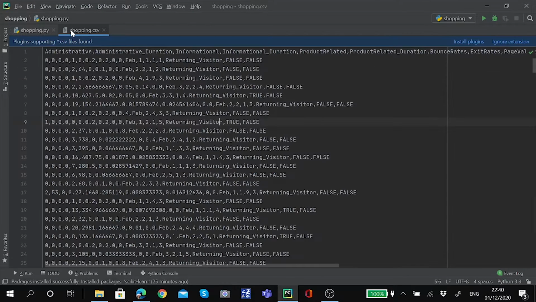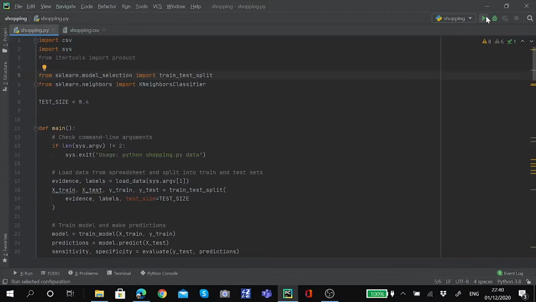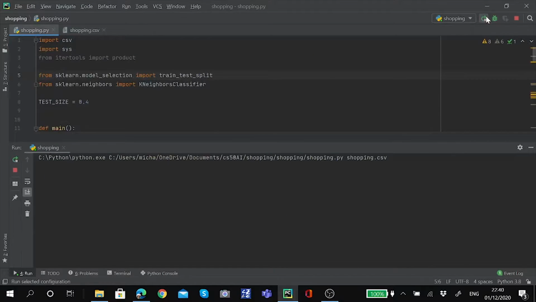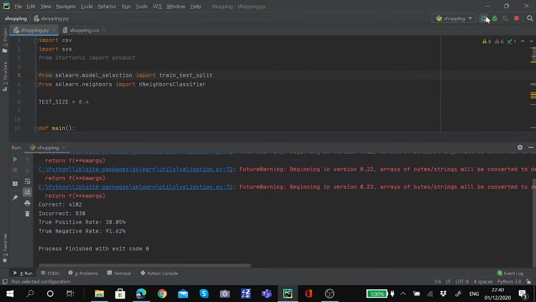I will now go to shopping.csv, which is a file that stores some of the people who have been to online shopping and whether or not they have bought something. So I will now go and run it, and after some time of waiting, some results will appear where correct